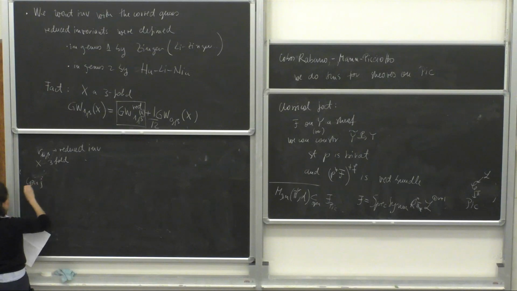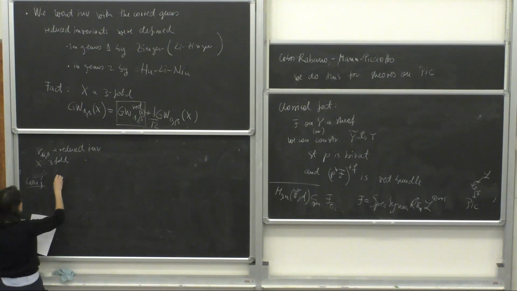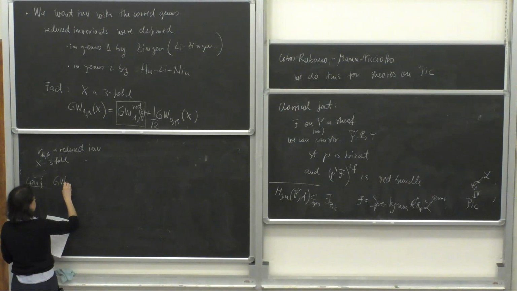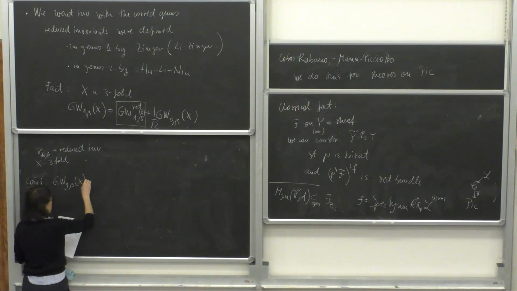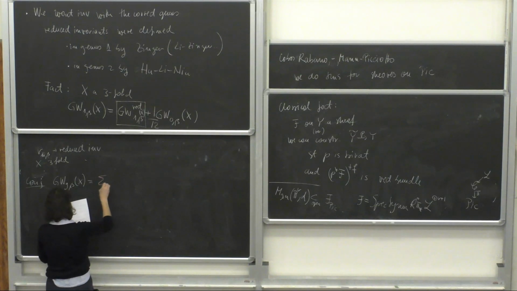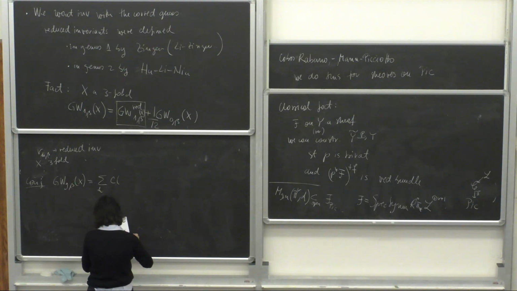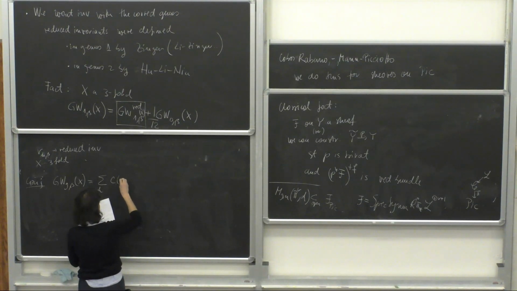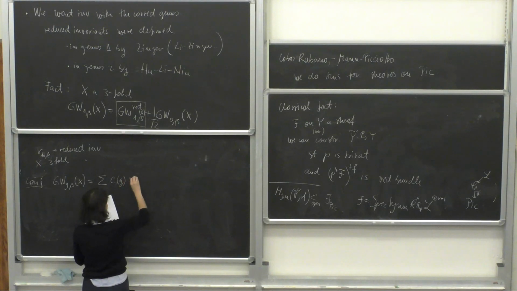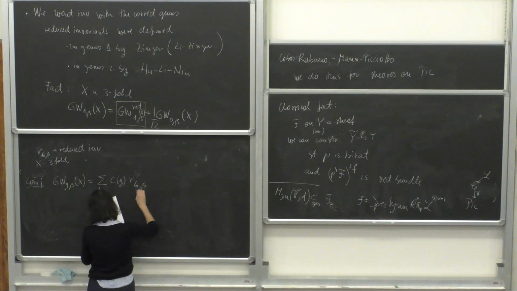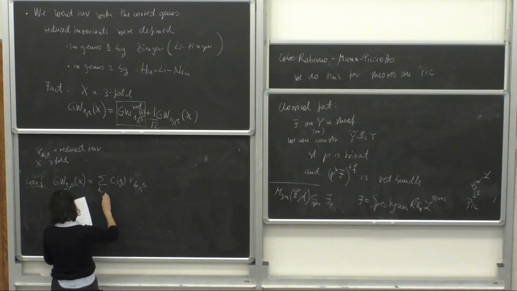The conjecture is that the Gromov-Witten invariants of genus G, beta of X are the sum over H of some constants C_{G,R,H} times the reduced invariants at beta, and the sum is over H for some